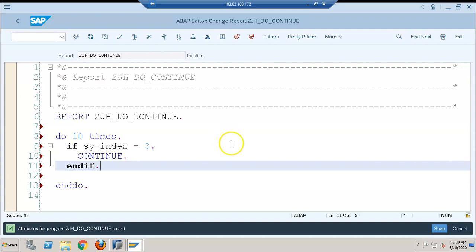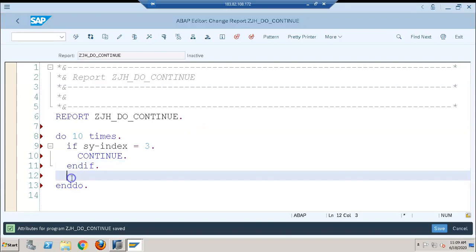Now we'll go ahead with write sy index. With this example, we can also cover this index field.